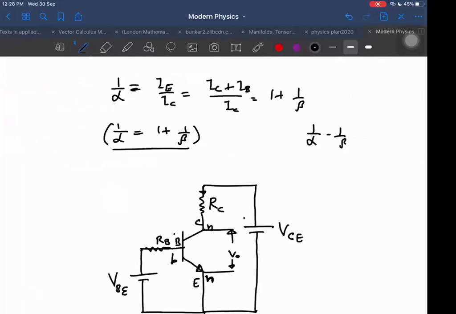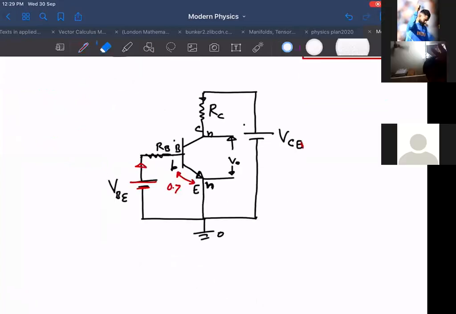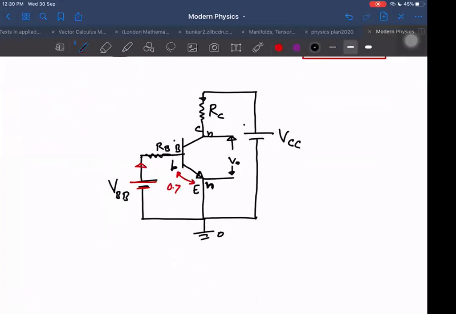is equal to 1. We can remember this. Divide by IC on both sides. If I divide, 1 by IC is equal to 1. Let us say this input current here is like the forward bias on the diode. Let's say RB is given to us, then I can write it and change it.